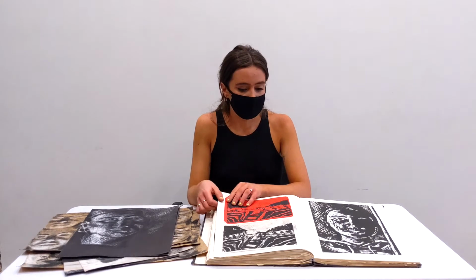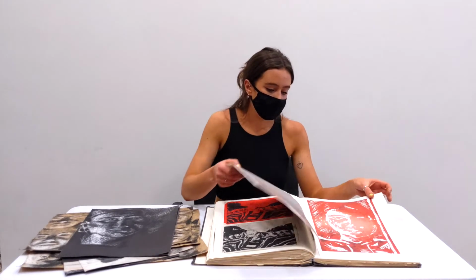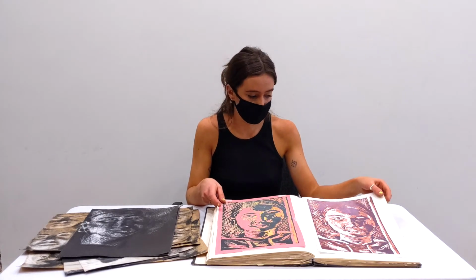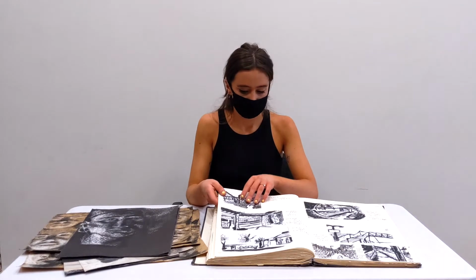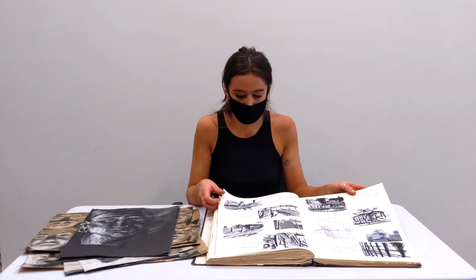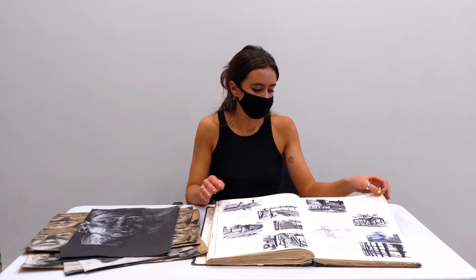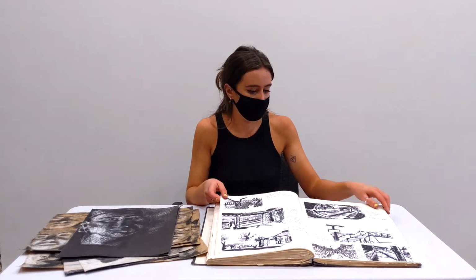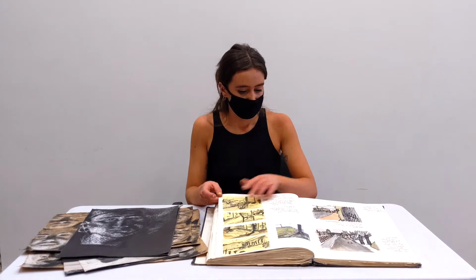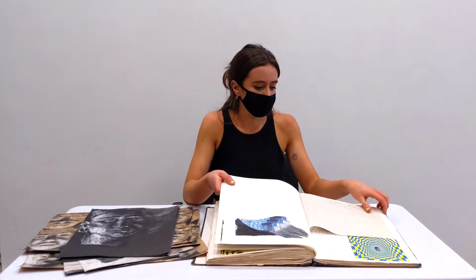So I really liked the wood cutting, which was this one. Again, we used mirrors and lamps and lit our face in different ways just to kind of get different effects and everything. And then this was drawing different locations, so kind of more getting out and drawing landscapes and everything around the town and kind of using it as almost a kind of comic book. That's the same there, and then eventually we went on and